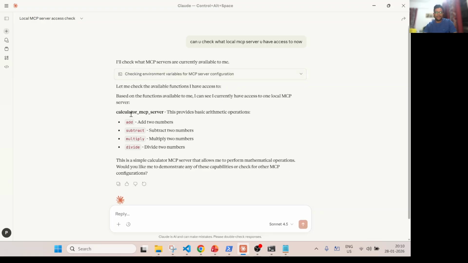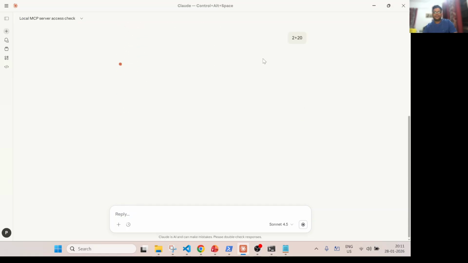So yeah, you see you got this calculator MCP server. It has no access to... Okay, so now can you add just 2 plus 20? Okay, so now it wants to use the add function from this MCP server. Okay, so now you allow once. So now basically it is calling the add function and it is giving me the answer. Okay, so this is the way